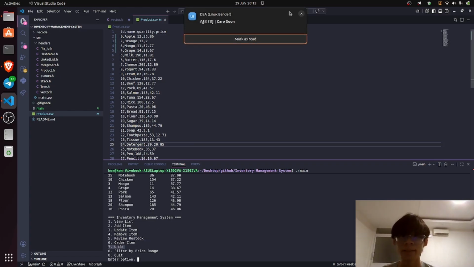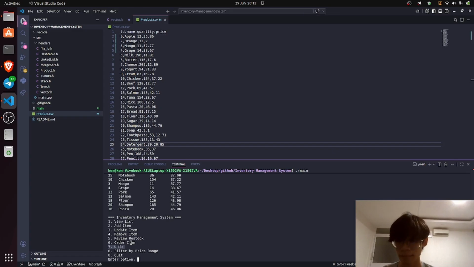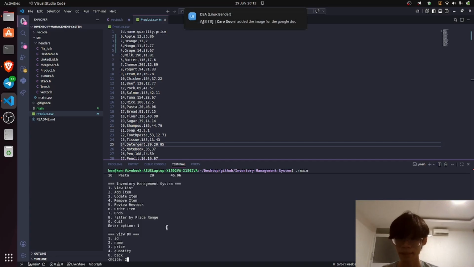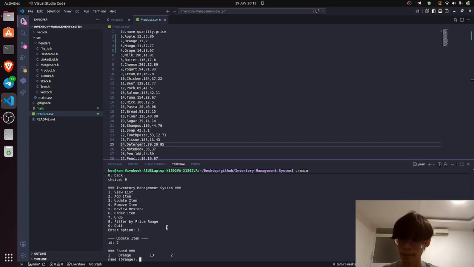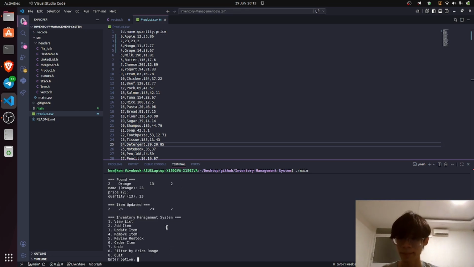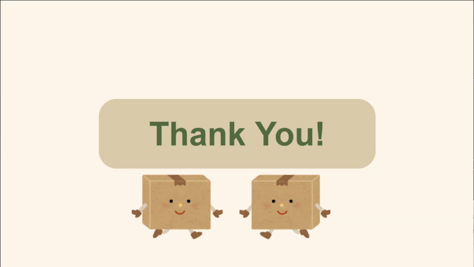The undo uses stack. And then the filter by range uses tree. And also the menu navigation going in and out, going down and back, it uses stack. And that is all for our program demonstration,